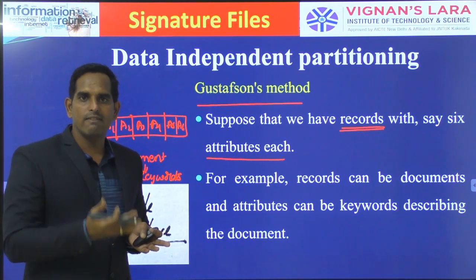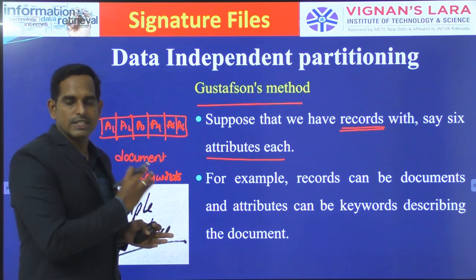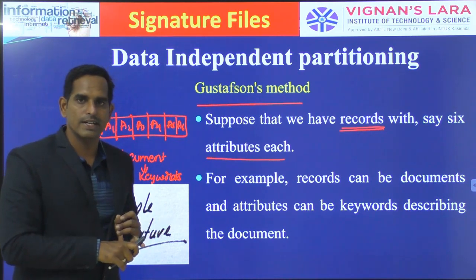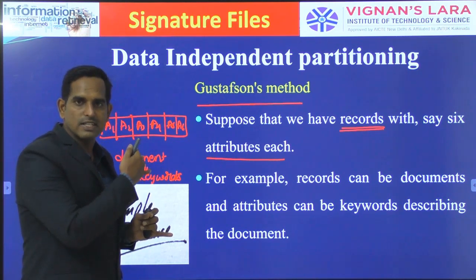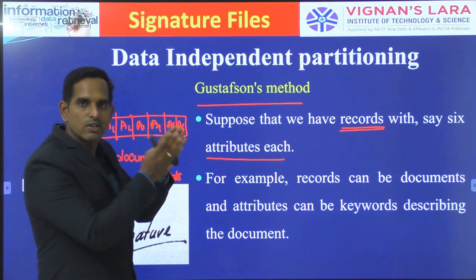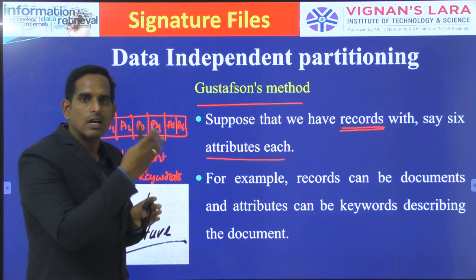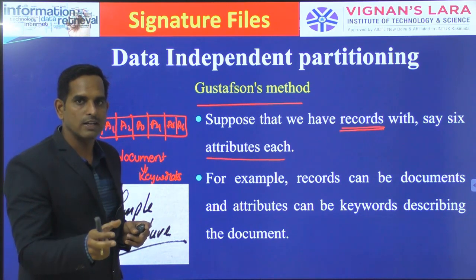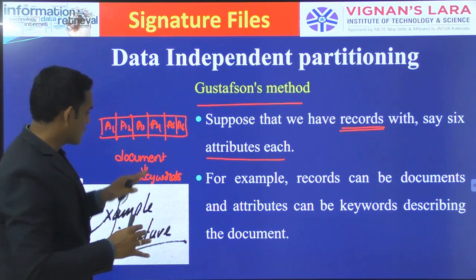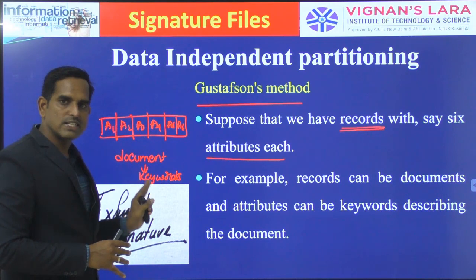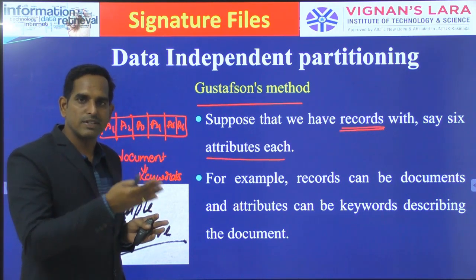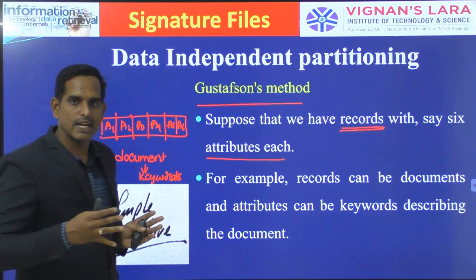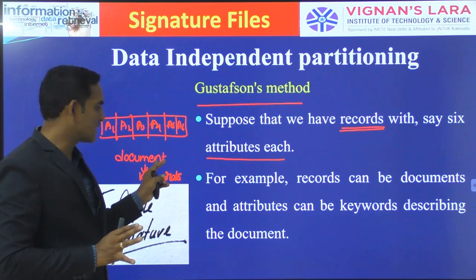So whenever you have a file to create your signature file, that is, you have the document, and for that document you have to create the signature. In the previous sense, you were breaking down the document into logical parts and creating a signature for those blocks separately. But here you take each document and treat a set of keywords for that particular document. We are going to extract a set of keywords for that document.